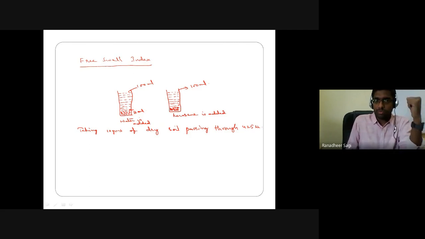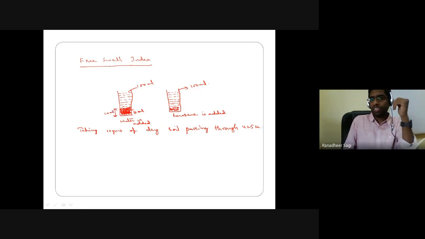Now after the absorption of water, the volume of the soil grains placed in water has increased. Let's say it has become some 10 ml. Whereas in the case of soil grains placed in kerosene, the volume is not going to change at all, because kerosene is a non-polar liquid, so there is no absorption of kerosene on the surface of the soil grain particles.